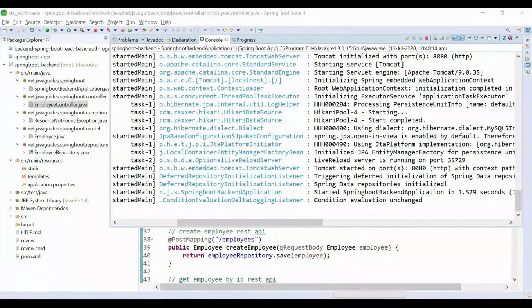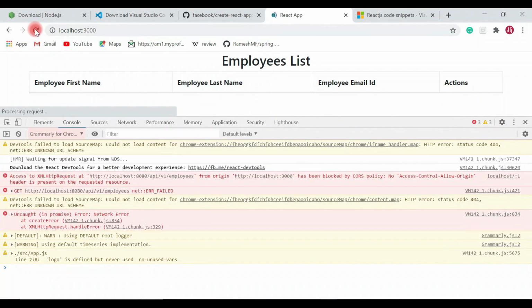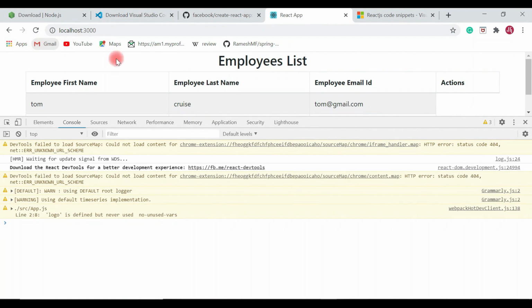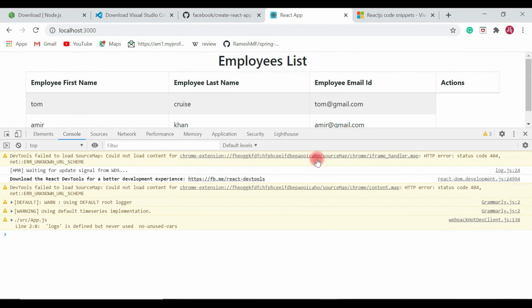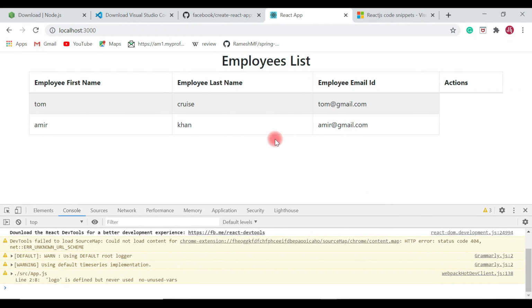Now let's go to the browser and refresh the URL, and here we go, we have successfully got a response of the REST API, and the same response is populated on the page. Alright guys,